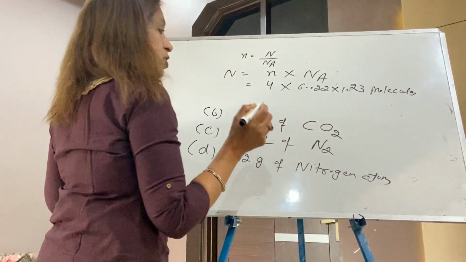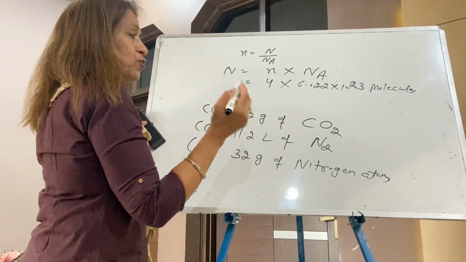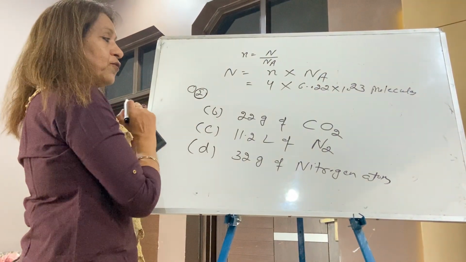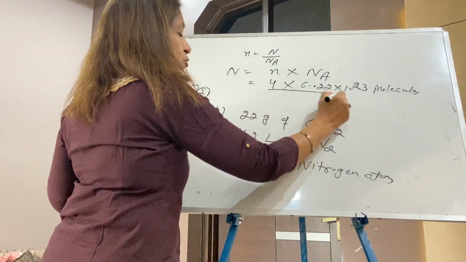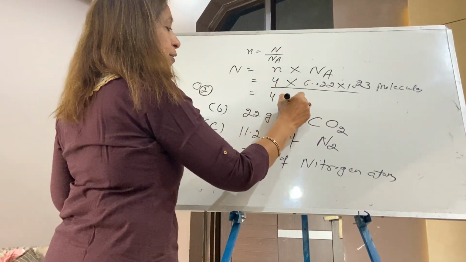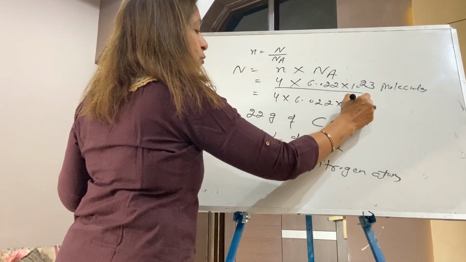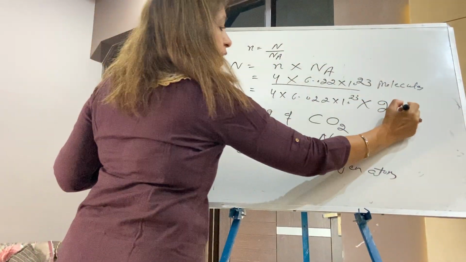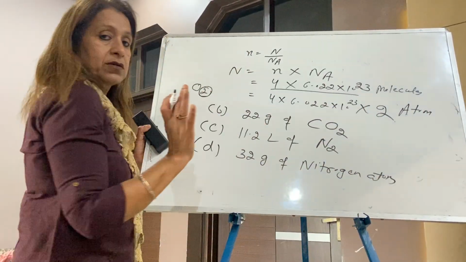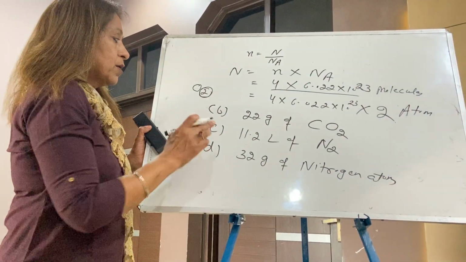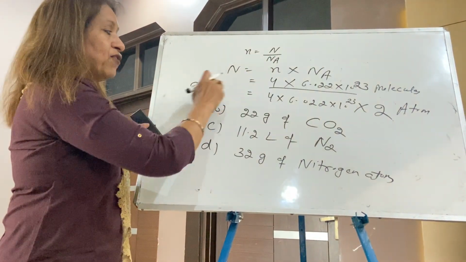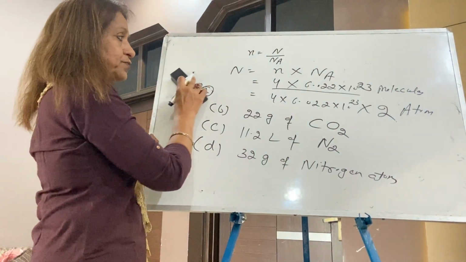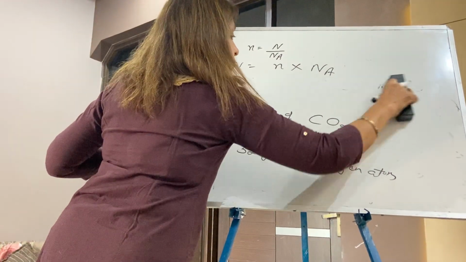If in the question it comes calculate the atoms, so what will you do? Because oxygen has atomicity 2, round it off. So this is molecules. So what you will do in the second step, 4 into 6.022 into 10 raised to power 23 multiplied by 2. If you further multiply by 2, this comes atoms. Remember this, very important thing I've shared. One molecule has 2 atoms. This much molecules has how many atoms? I'm taking B part. In the B part, same question.